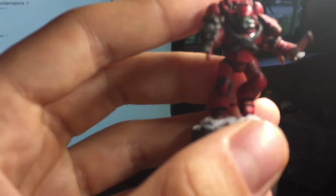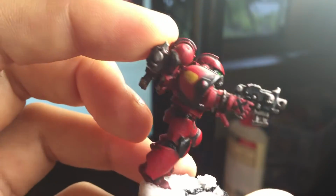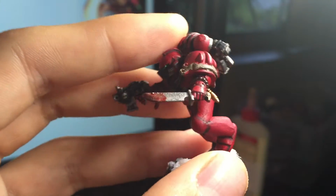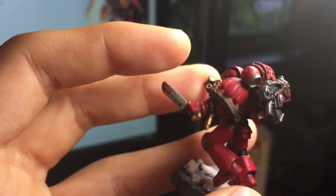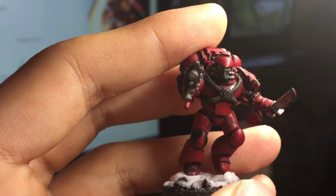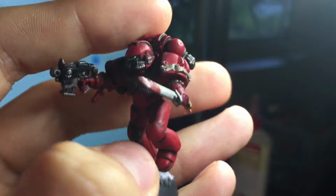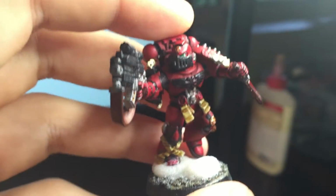These guys all have very, or I tried to give them sort of, what's the word, dynamic poses. They're all sort of charging forward or brandishing weapons or looking like they're about to do one of those two things. This guy's bolter on his back. I think that's from the Ravenwing kit again. A little bit of Forge World mixed in, a little bit of Blood Angels stuff, a little bit of regular stuff. I love the new combat blade hands that they did in the new kit. I think those are brilliant. I'm glad they did that finally. So these guys also got...